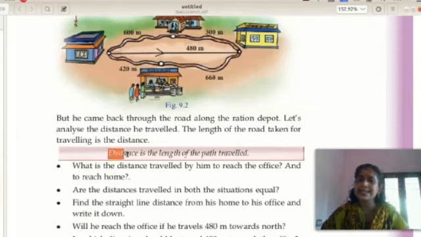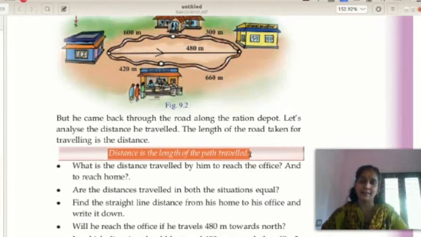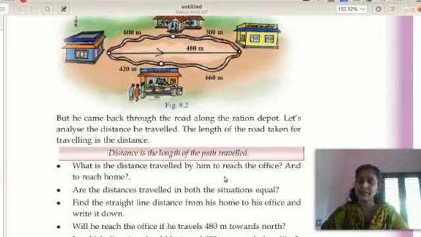Here, distance is the length of the path traveled. In the first case, the length of the path traveled is 900 meters. 600 plus 300 is equal to 900 meters. So,